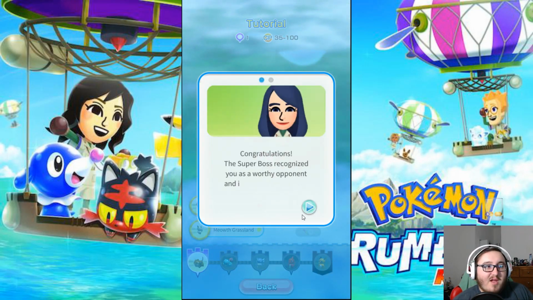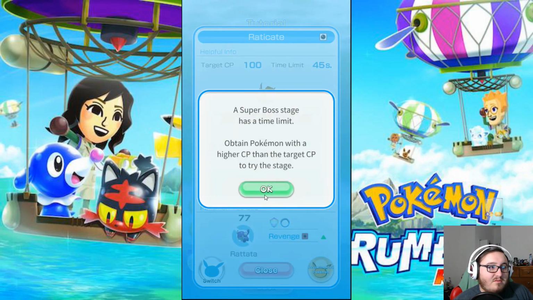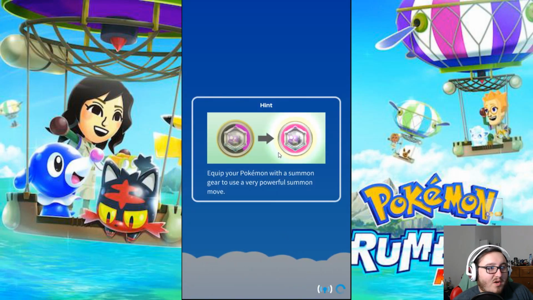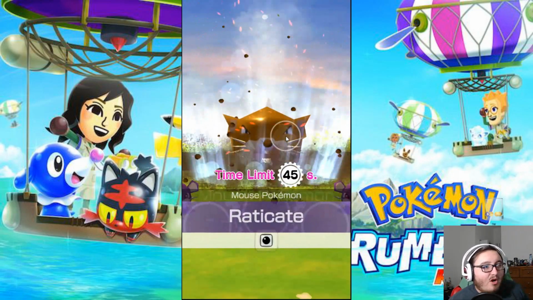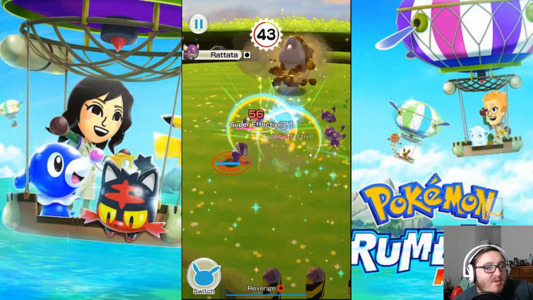Yes, now I can challenge Eradicate. And now it's going to force me to challenge it. I actually probably would want to keep this Rattata, but... oh, and it actually did let me keep it. Great. So normally what happens is,